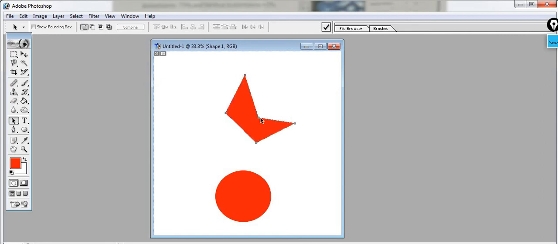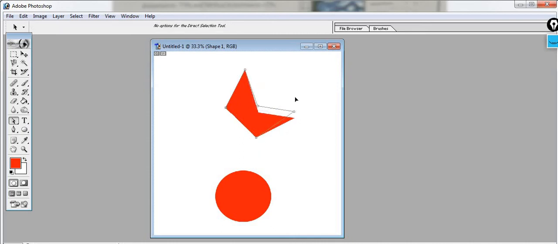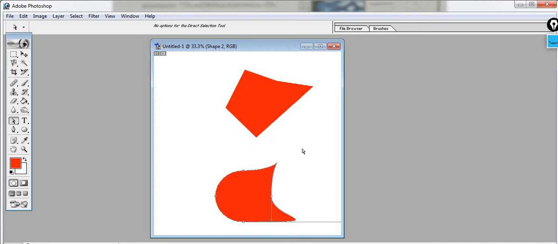Path selection tool, after selecting a path as per your design, you can make it, right? Using the control key, you can make it as per your requirement. So this is the path selection tool. See, like this you can make. Okay, you understood what is path selection tool.